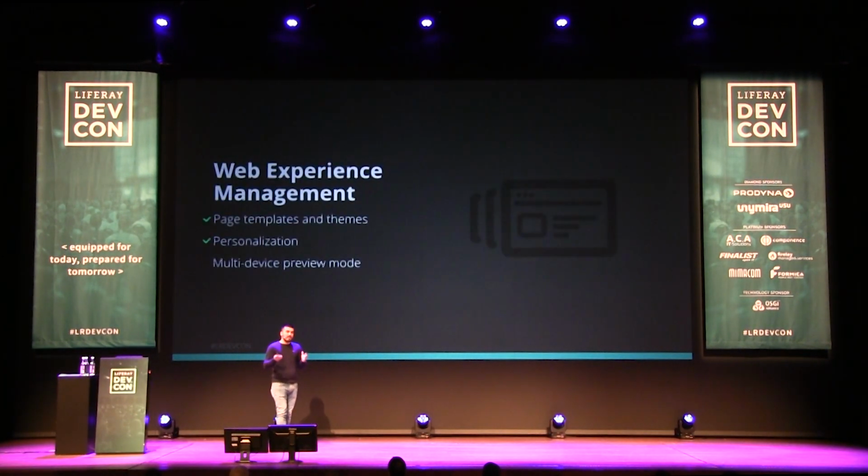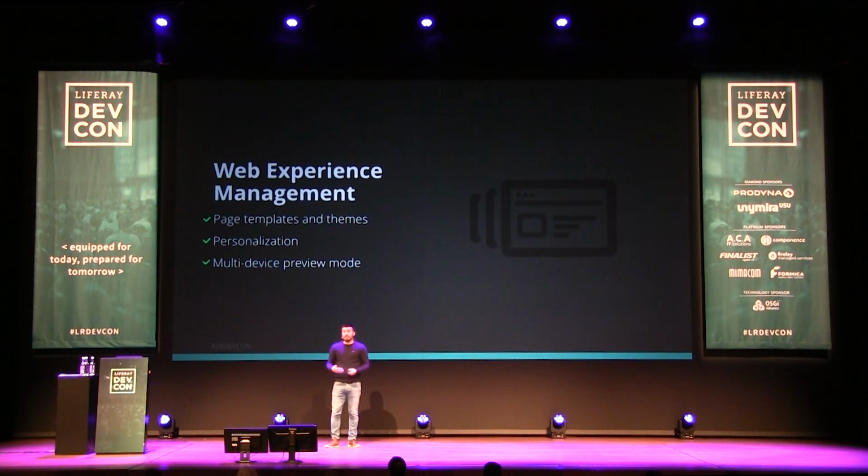But now that we manage the product, we actually need a way to show it in the front store. We manage the product and, in the same platform, thanks to all the web experience that we have in Liferay, we are able to present this product in a front store. What does that mean? We are able to create page templates for each product. We can create different friendly URL rules for each product, and with all the tools like web content, we can mix everything together and create a wonderful landing page for the product.